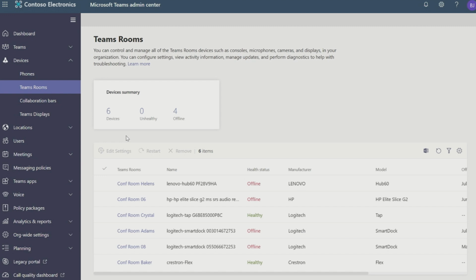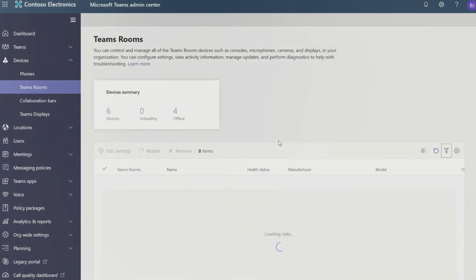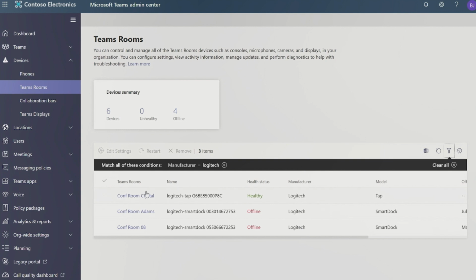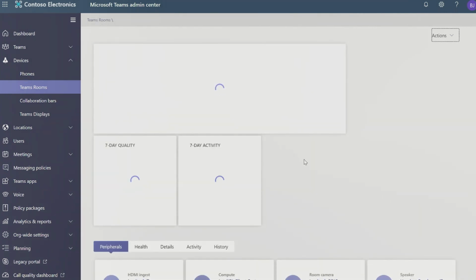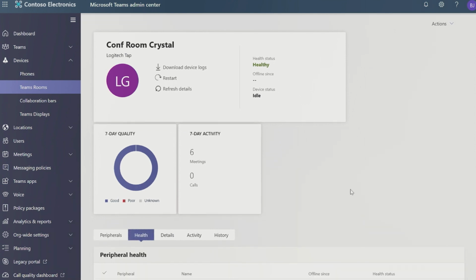In the Team Admin Center, let's take a look at the granular device management. In this view, admins can track and manage their organizational device inventory for scaled management operations, to ensure devices are always up to date and ready for use. Admins can organize their view using filters, look at the detail for a specific device,